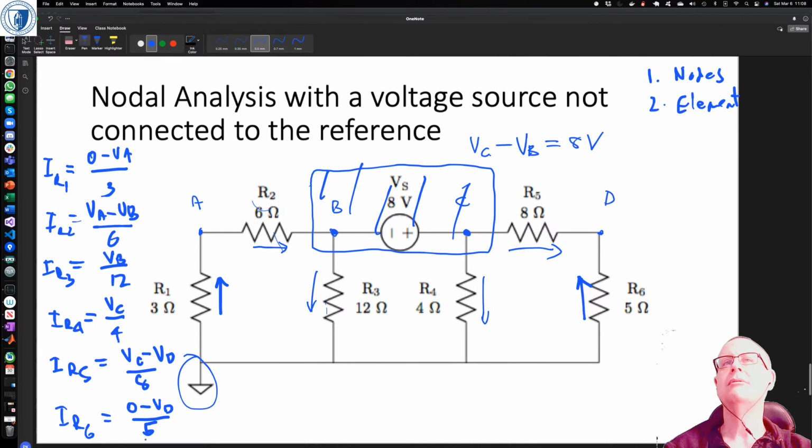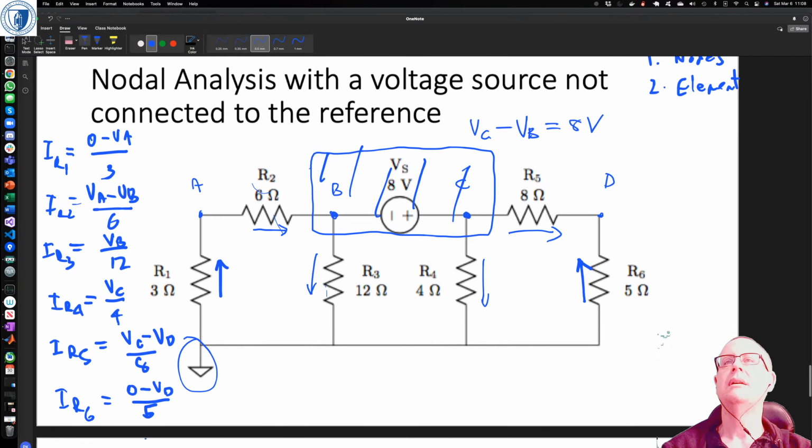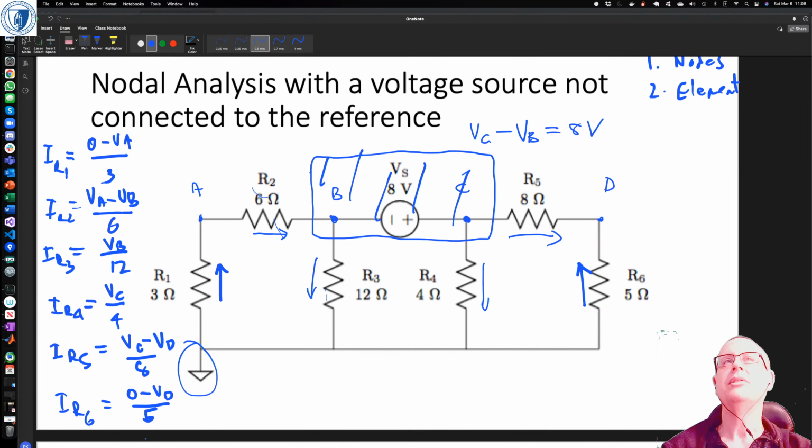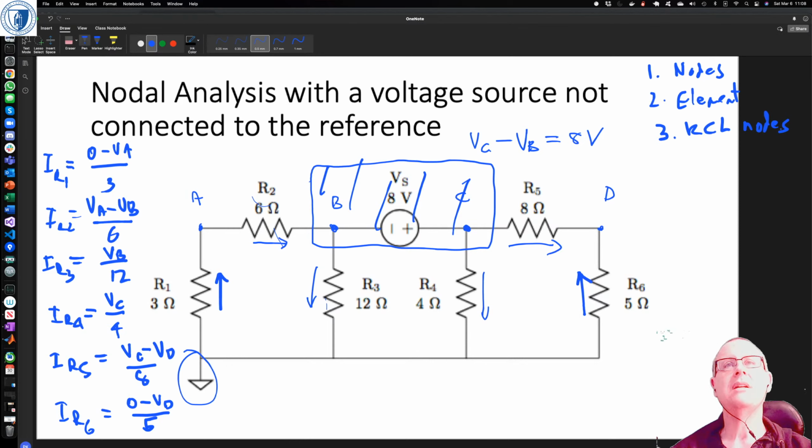Okay, so they're all of our element currents, and now we've got to write KCL at the nodes, right? But we've got 3 nodes,